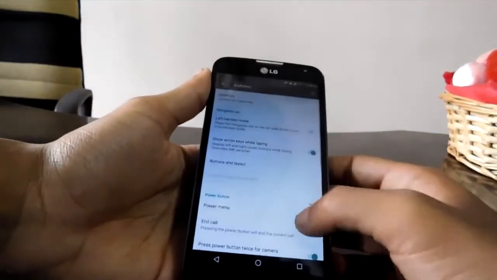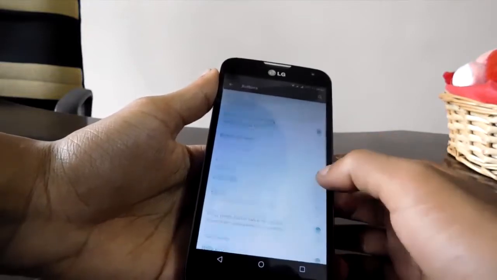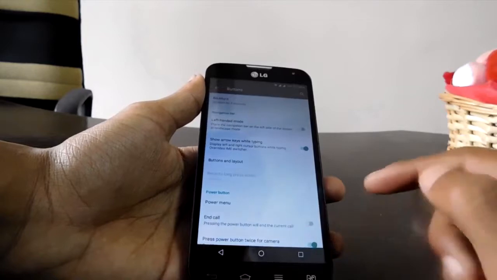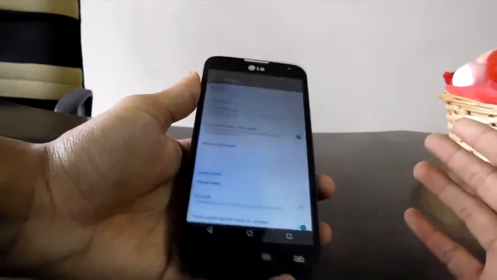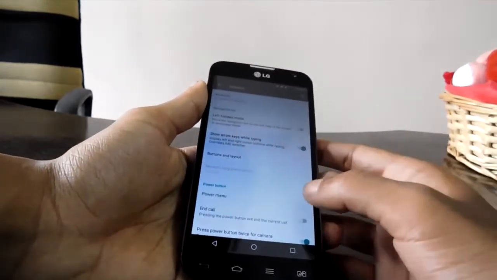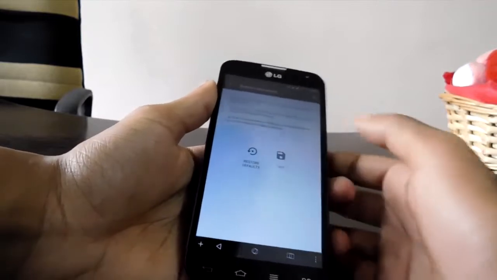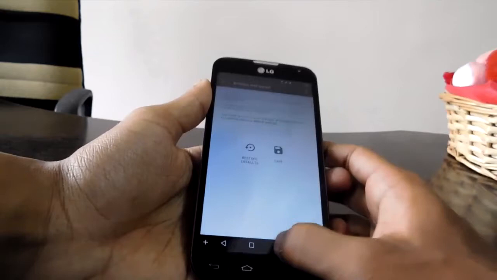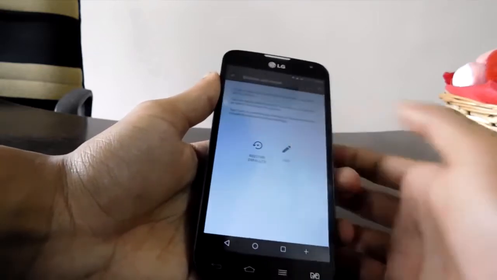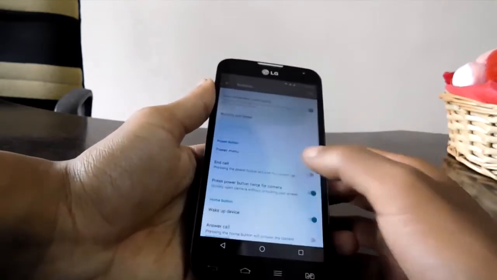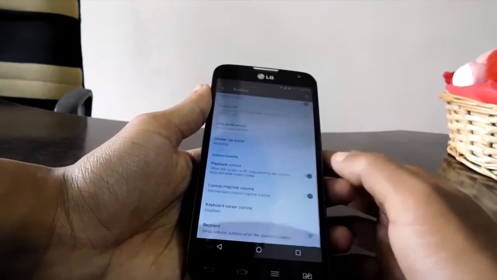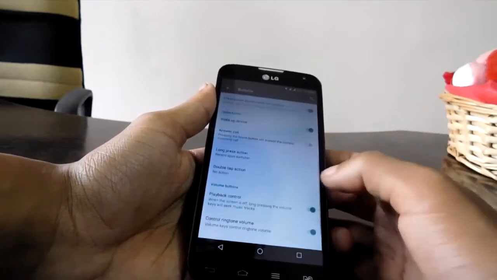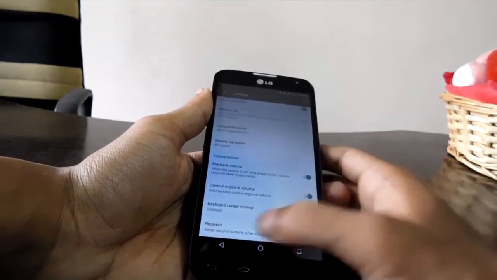Then there is front button settings, left-handed mode. Arrow keys while typing, this is very handy. So when you are typing, there will be left and right keys, so you can touch them and move your cursor forward and backward. Then there's button layout, you can edit, you can add more or change which button stays where. So that's pretty good. Rest of the options are pretty much the same: power menu, end call, wake up device with home button, playback controls, etc.